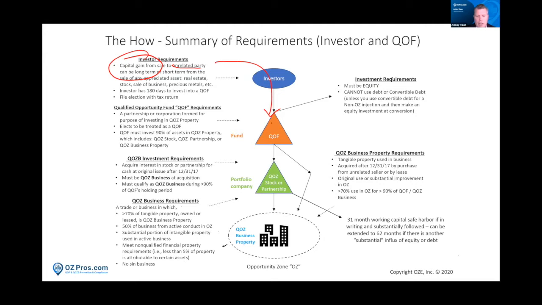So once again, you've got to get your money into a QOF. Interestingly, a QOF is just a partnership or a corporation formed for the purpose of investing in opportunity zone property, and that elects to be treated as a qualified opportunity fund. And the way you do that, and I'm going to get into that here in a second, is by filing a fairly simple self-certification via IRS Form 8996, which is literally a 2-page form. And then the QOF has to invest 90% of its assets in qualified opportunity zone property. And it's got a testing deadline on when it's got to hit those